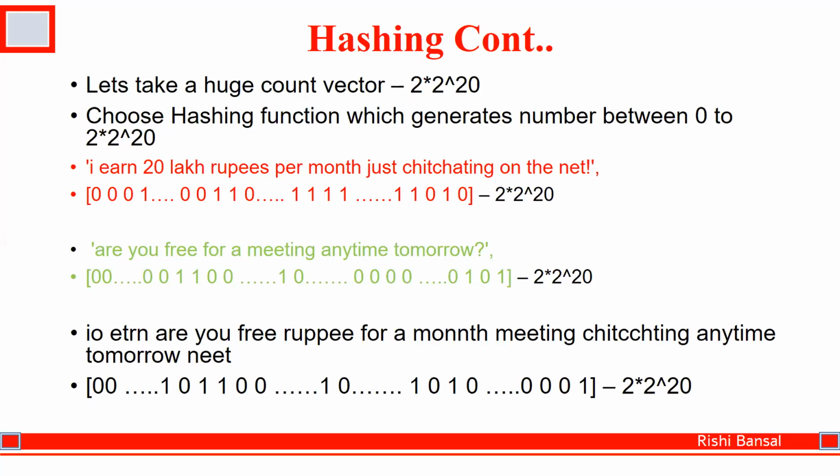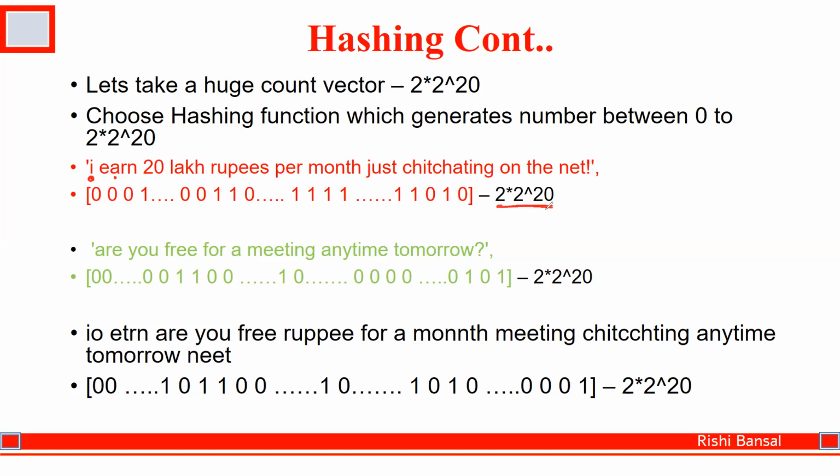Now what will happen when you go for the first sentence? It will first break it into tokens, and then for "I" it will calculate the hashing number, and then the hashing number for "earn". Likewise it will calculate the hashing number of each word, and then it will create a vector. The vector length will be the one you already decided. This is the number of buckets.